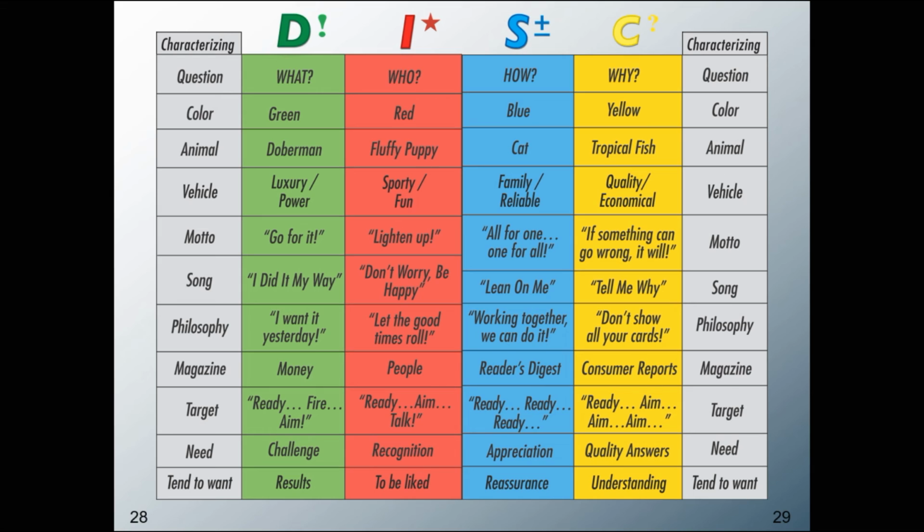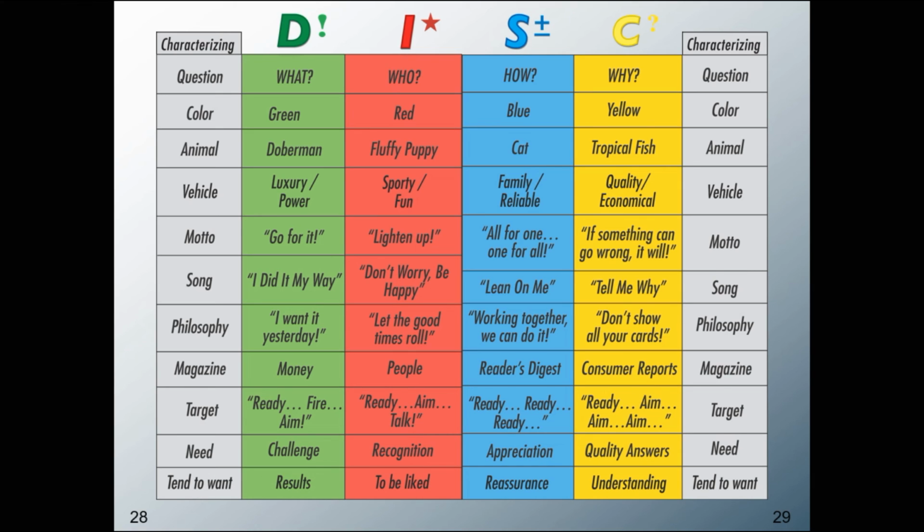So just remember a few words, a few characteristics that make sense to you, and that will help you ease how to work with different types of personality. And that's going to be the next video,